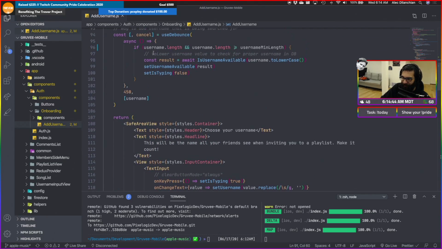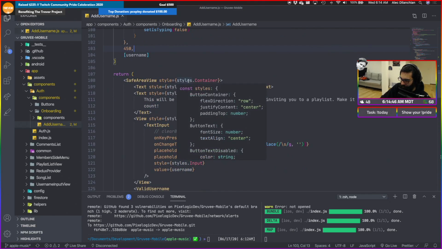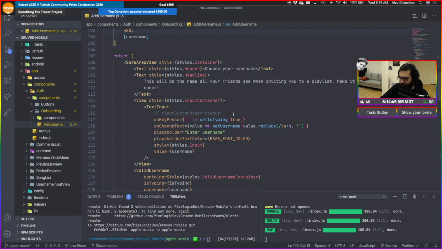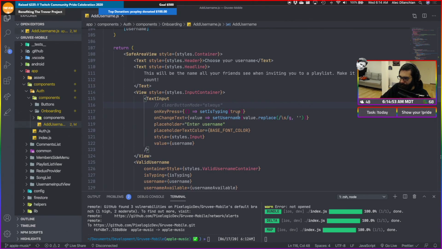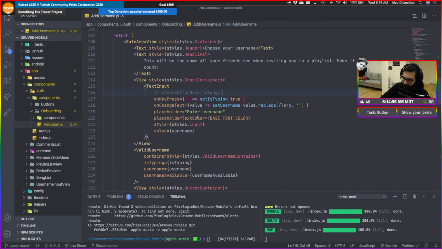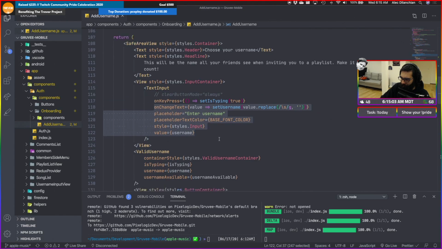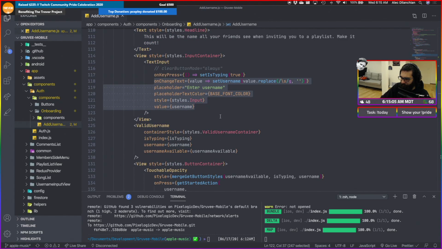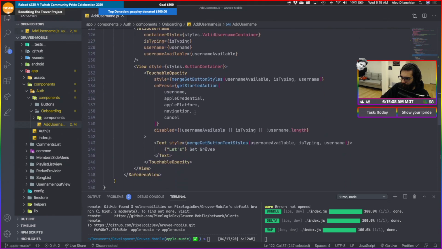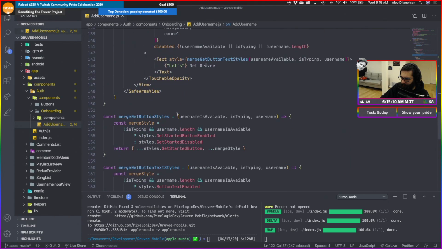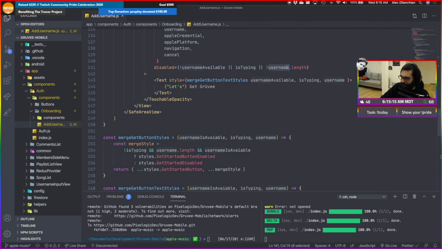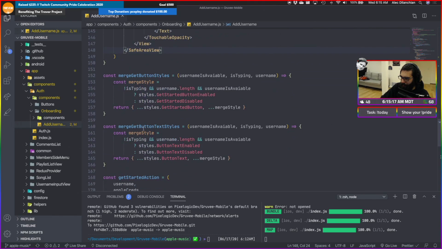Okay, cool. So that actually won't run our query to the database, which is good. And then, yeah, so we do set username. That's cool. And then based on this, merge button styles, username length. Oh, I do that check there.